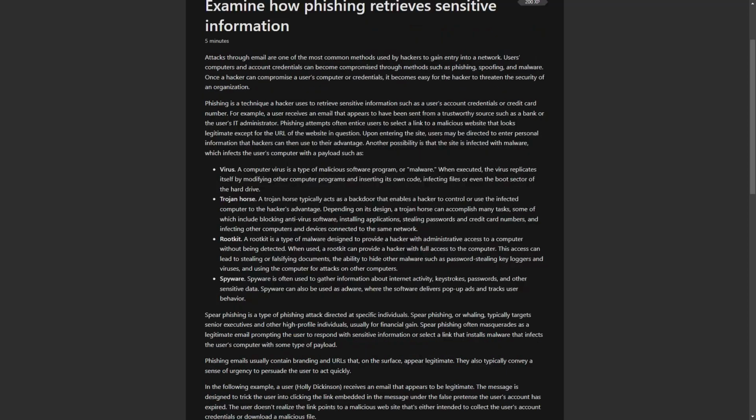Examine how phishing retrieves sensitive information. Attacks through email are one of the most common methods used by hackers to gain entry into a network. Users' computers and account credentials can become compromised through methods such as phishing, spoofing, and malware. Once a hacker can compromise a user's computer or credentials, it becomes easy for the hacker to threaten the security of an organization. Phishing is a technique a hacker uses to retrieve sensitive information, such as a user's account credentials